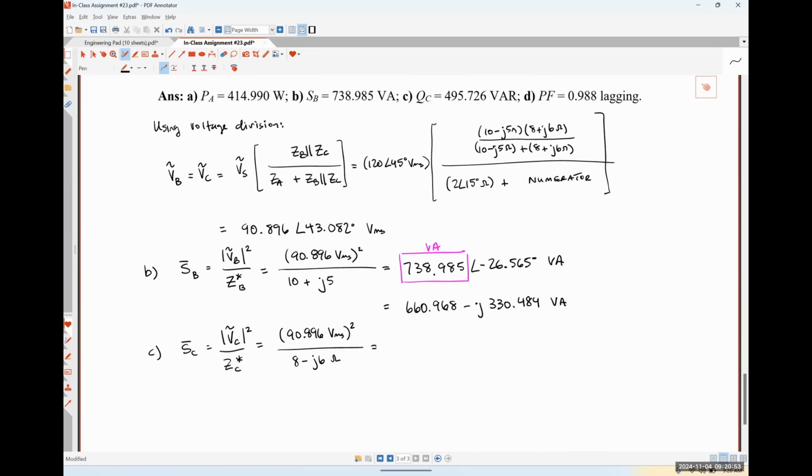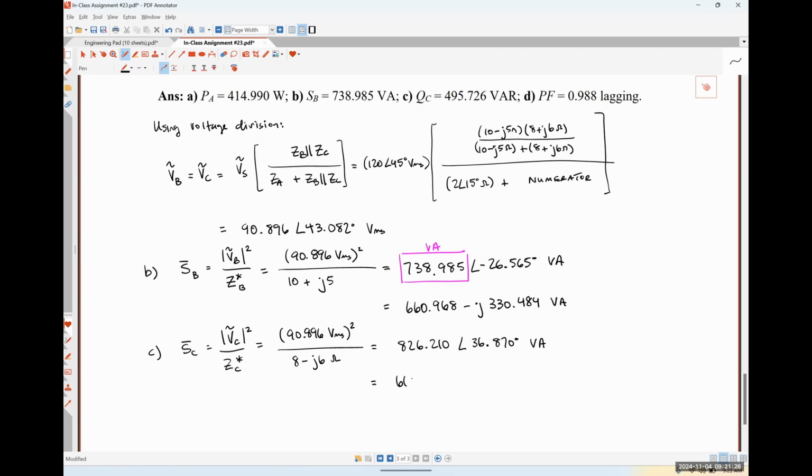So the magnitude of what I just stored is X, because I didn't remember that I was going to need it again, over the conjugate of C is 826.210 with an angle of positive 36.8698 degrees volt amperes in polar form,